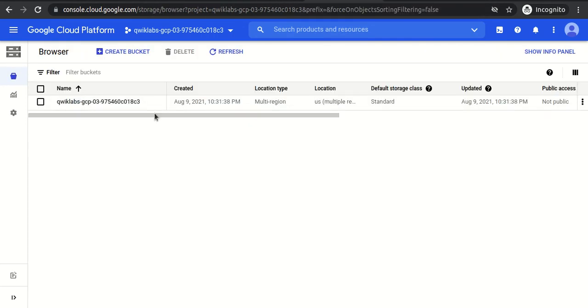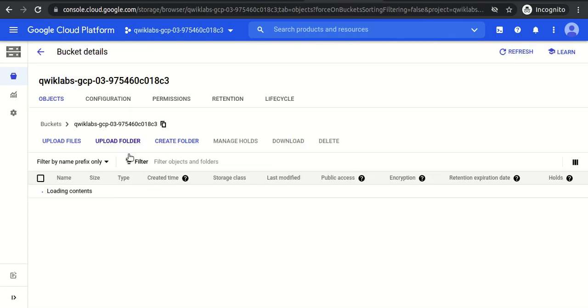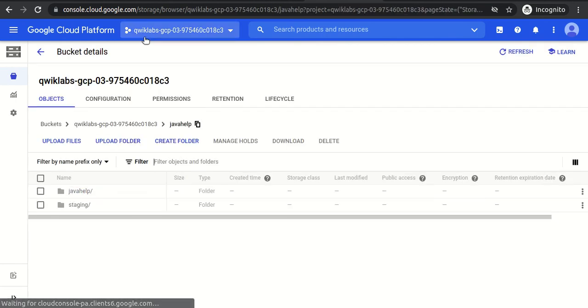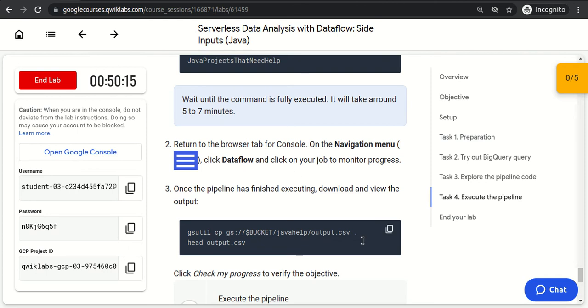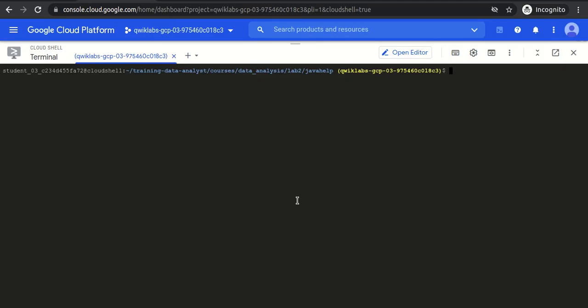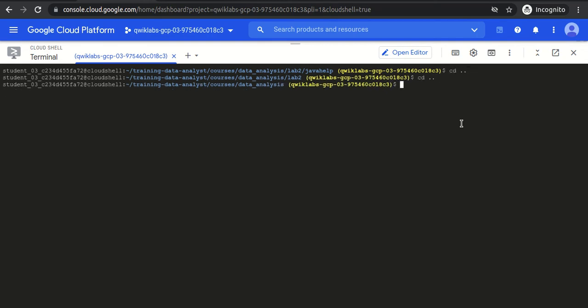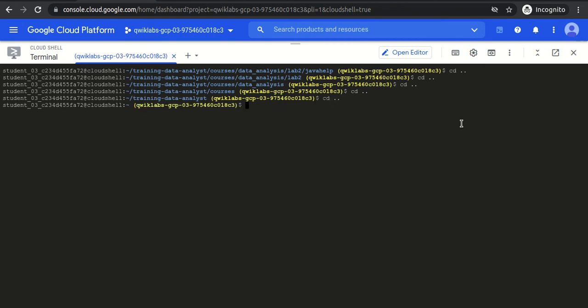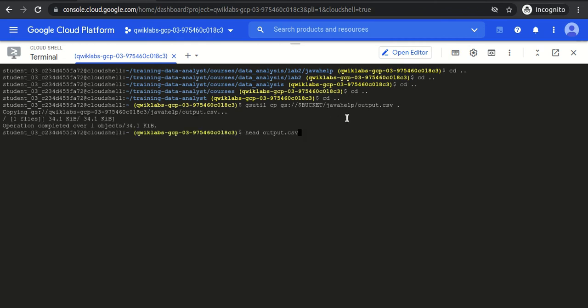But the output has been stored, so we can browse it. Let's copy the output with the normal gsutil command.